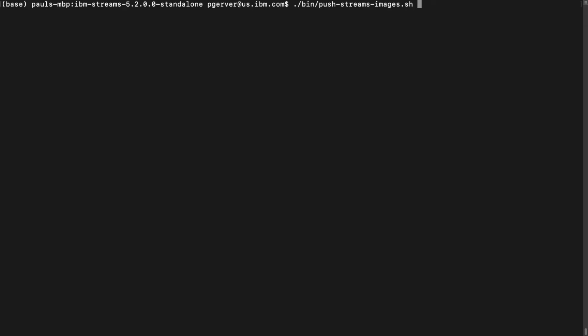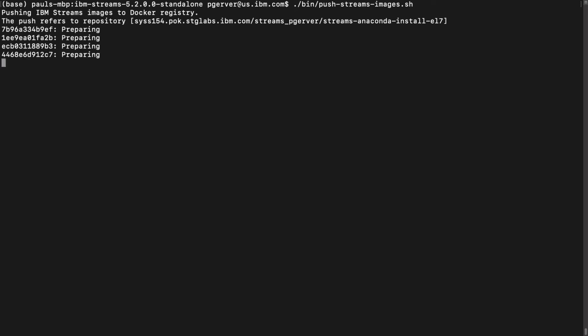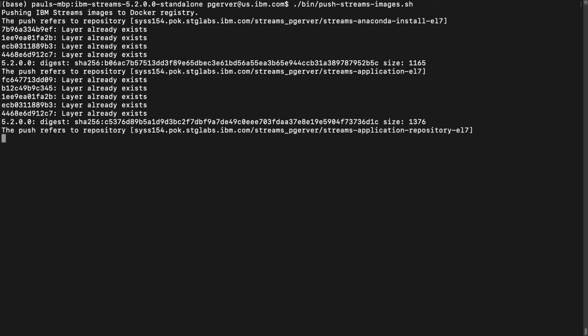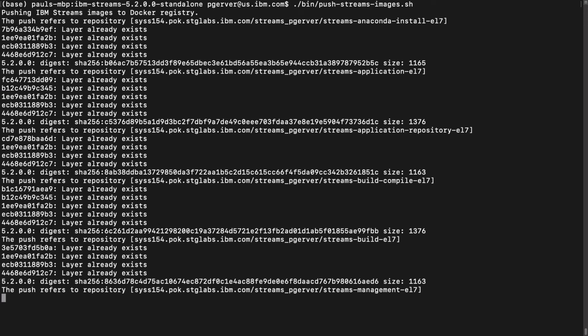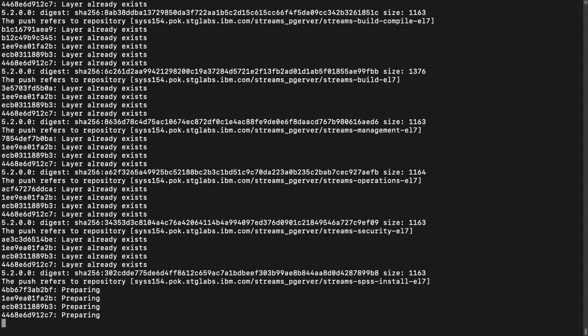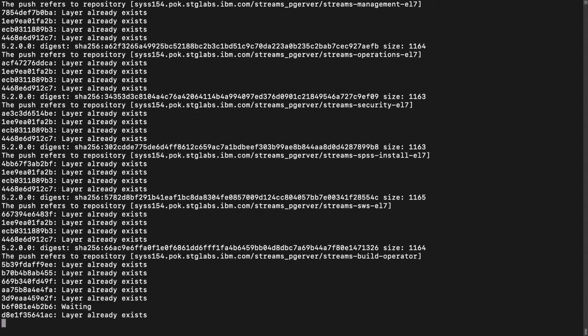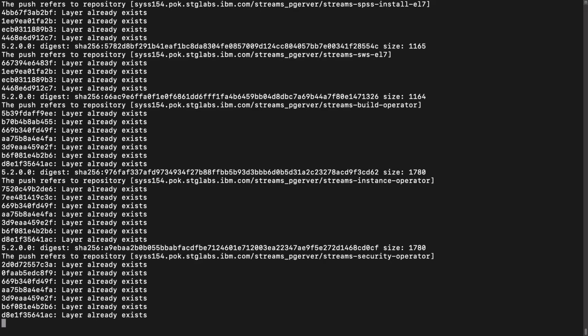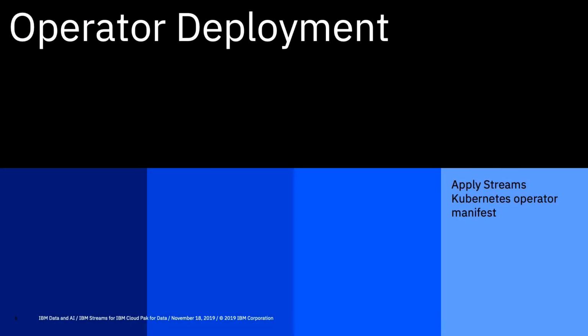Finally, run the push_streams_images.sh script to push the newly tagged images to the image registry. I've already pushed the images up once, so it goes quickly here, but generally this process can take several minutes depending on network speed. Now that the Streams images are in an accessible location, we are ready to deploy a